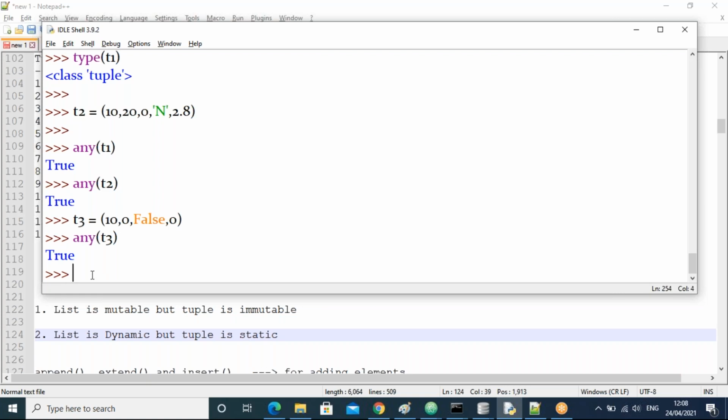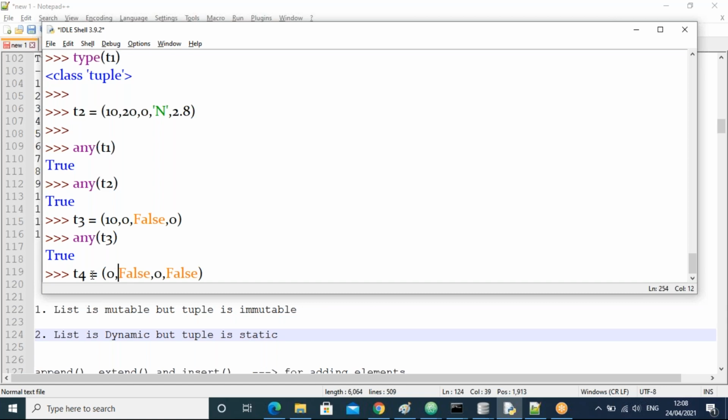I'll take the last one, T4 equal to suppose 0, False, again 0, like this. Then tell me now, in this case what happens? I'm taking all zeros and False only.